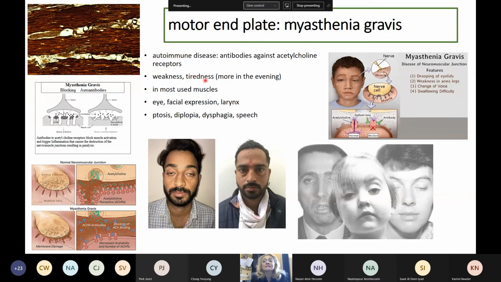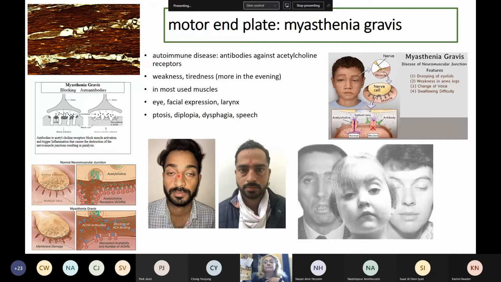Of course, weakness, tiredness is the leading symptom of the skeletal muscles, especially in the evening when you have already used your muscles, and especially in the muscles which you use the most. Which muscles are used the most? The eye muscles, eye movements, including the levator palpebrae muscle. So a leading symptom is ptosis,